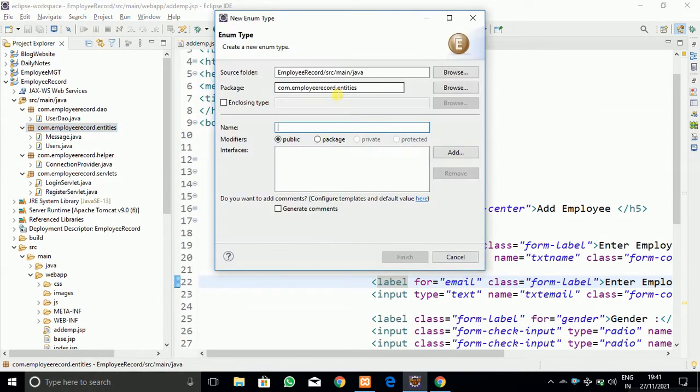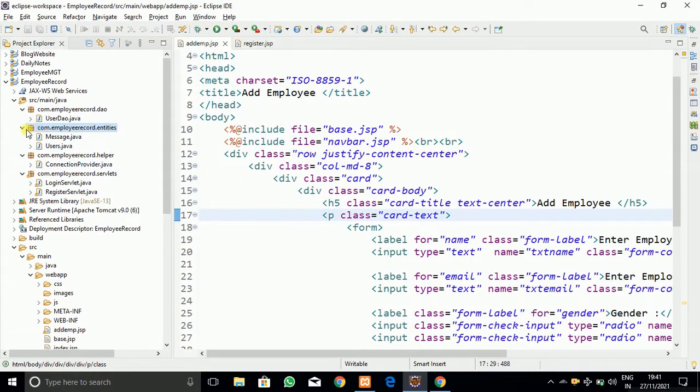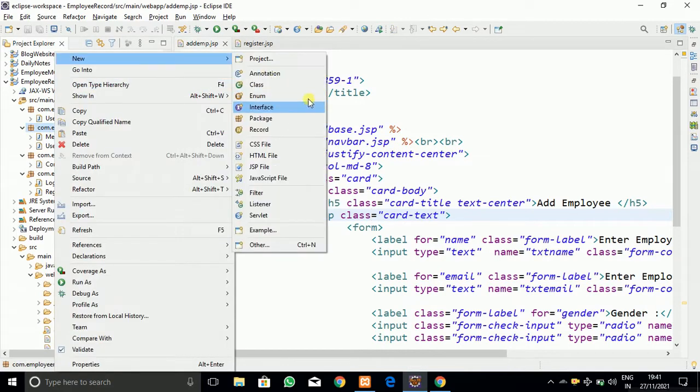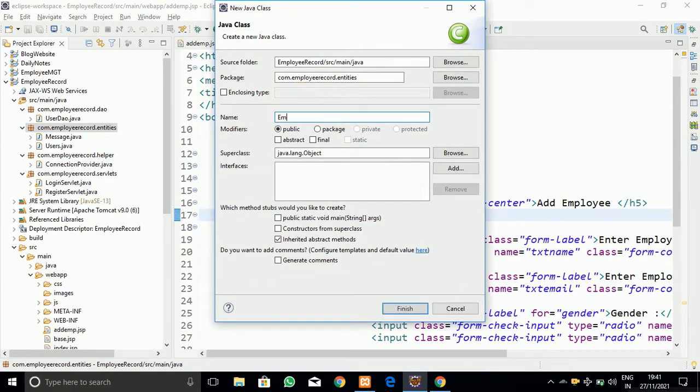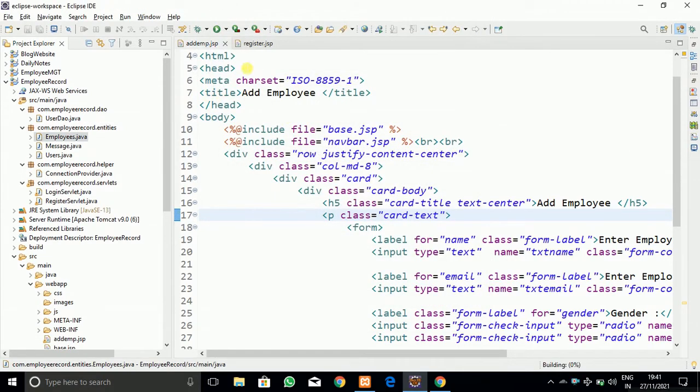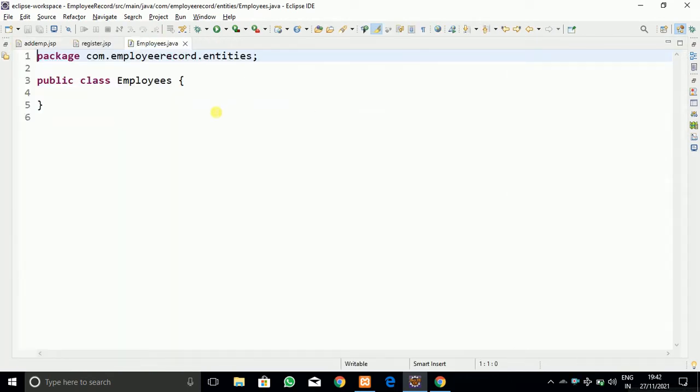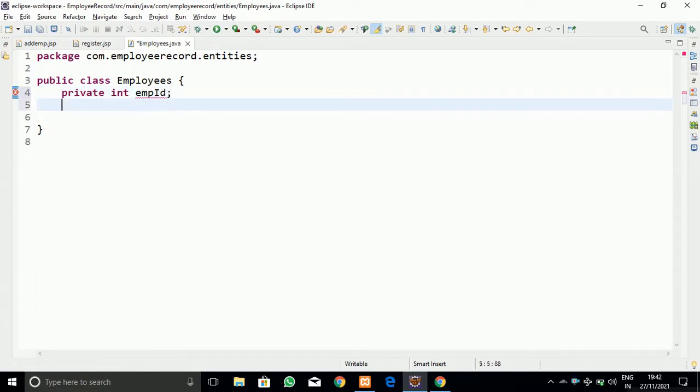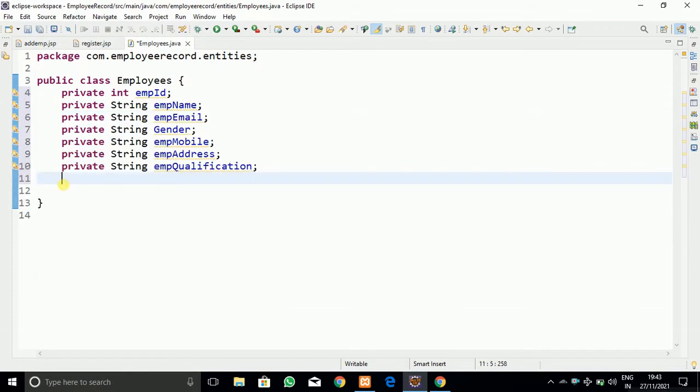So let me create a new class, the employee entity, as we have created the database. Create a new class and just name it employees, and into that class I have to declare the variables, whatever variables we have created in the database, that is, private integer employee ID, which is our first field, and then a private string employee name, emp name I have given.